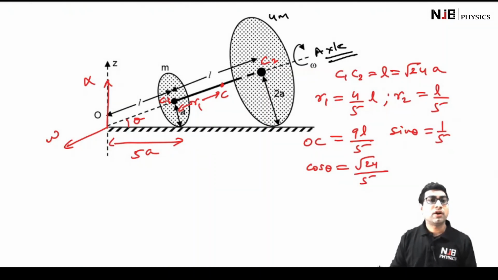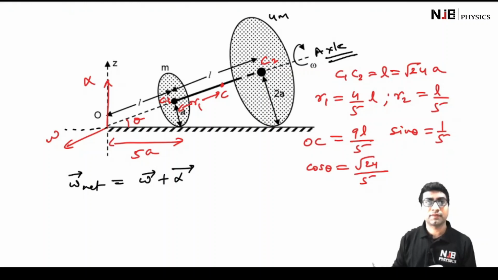Well, we have written all the data that we might require. Now let's try to solve for the value of this alpha. So how are we going to do that? It is very much clear that this entire assembly is going to have two angular velocities. One angular velocity is this omega vector that I have shown, and another angular velocity will be this alpha vector, which will be towards the z-axis. So if we have to find the net angular velocity of this entire assembly, then the net angular velocity is going to become this omega vector plus alpha vector. And in fact, if we want to write this net angular velocity in the form of i cap and j cap, we can do that.